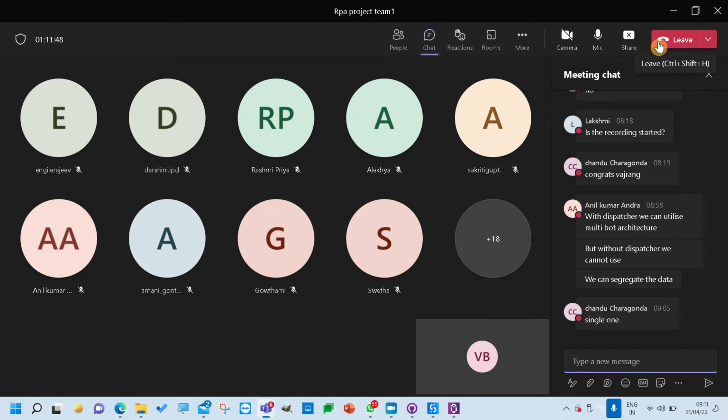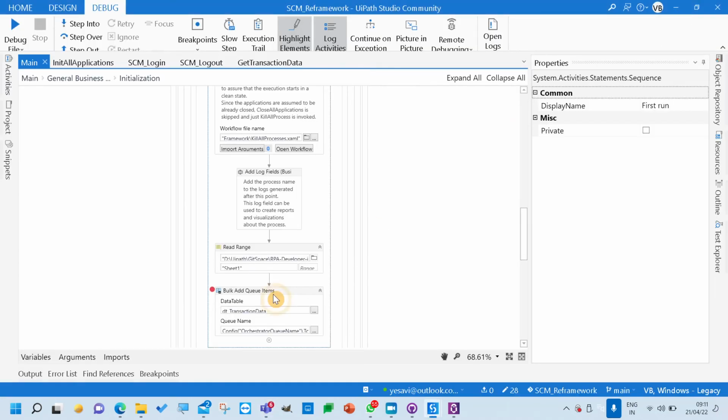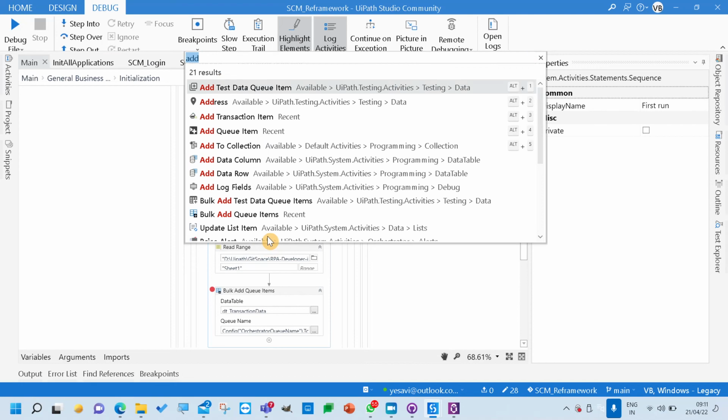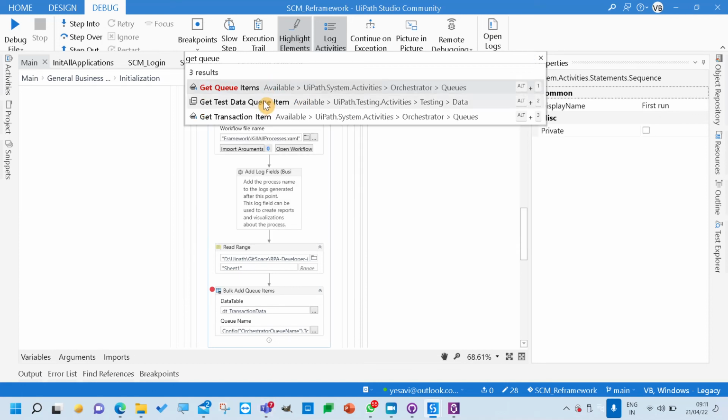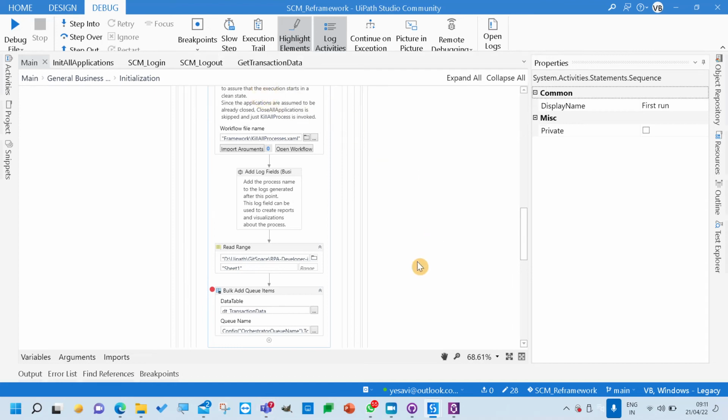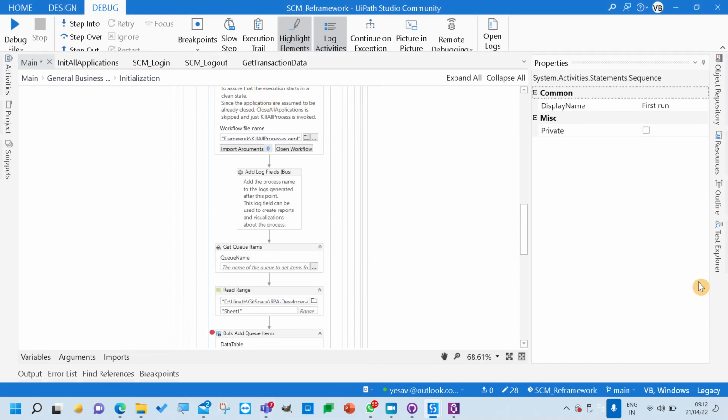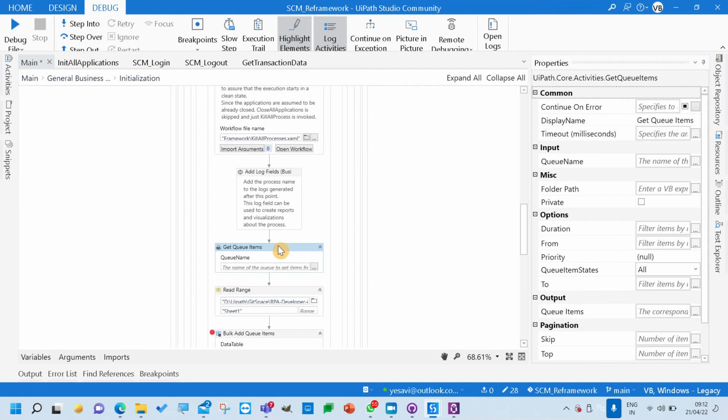Okay, so my answer would be, before I add items to the orchestrator queue or before I rearrange, I will just check if there are any new items in the orchestrator queue with Get Queue Items. So what will Get Queue Items give me? It will give me a count. So if you see here,